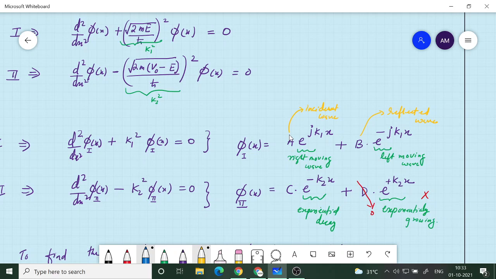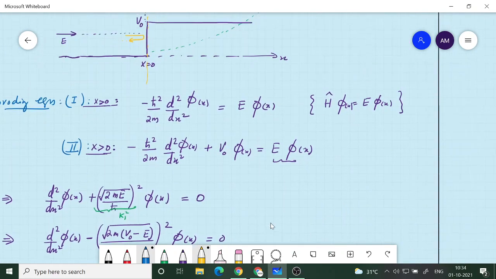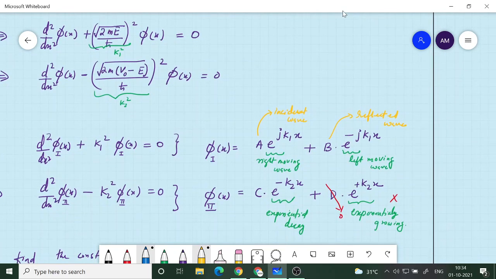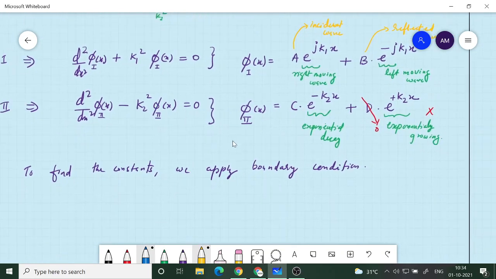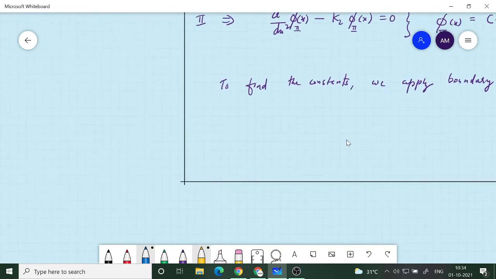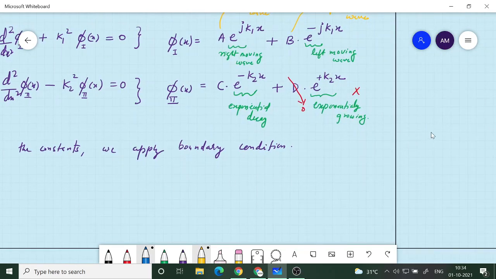Then the second part of the solution: we can have exponential decay as you go into the barrier, but exponential growth cannot be permitted, because that will make everything very unphysical. That means the probability of finding the particle is infinite on the right inside the barrier, which is unphysical. So the only way of getting rid of that is by making D equal to 0. Now we have a more simplified problem. D is gone, so there are only 3 coefficients that we need to determine. So now let us proceed.